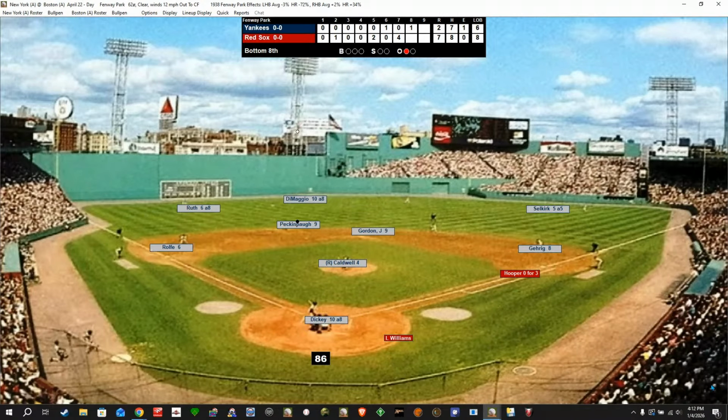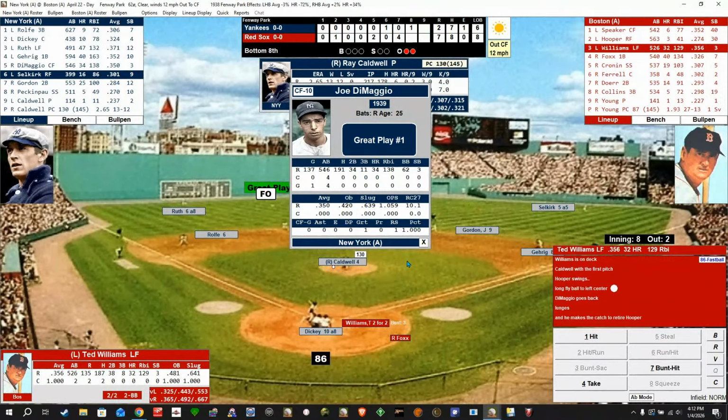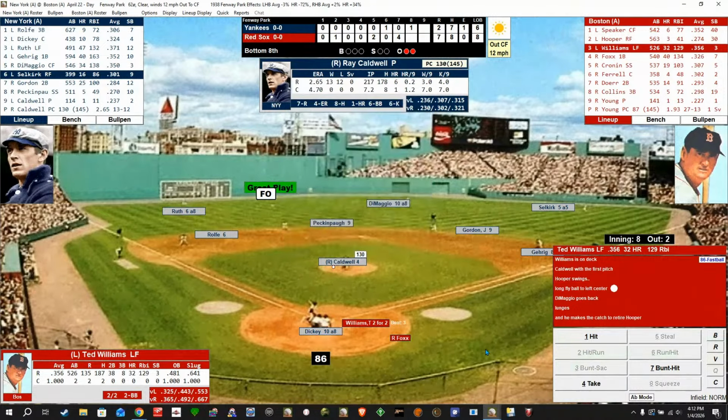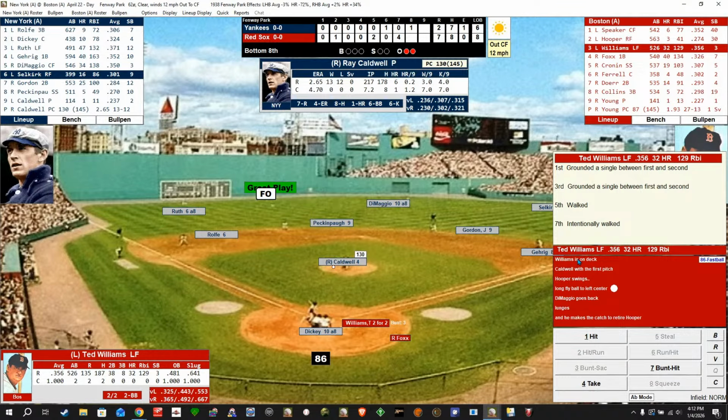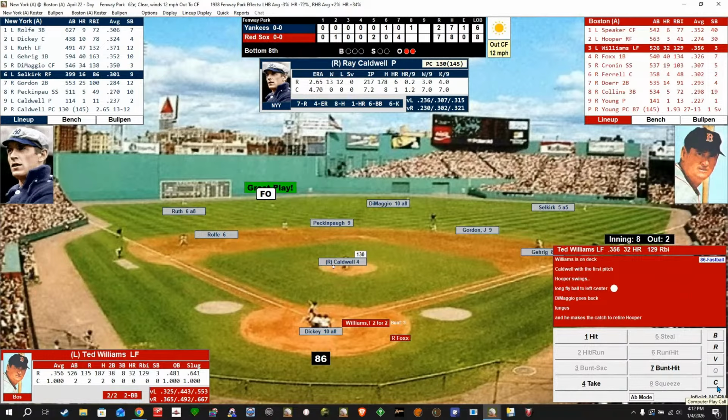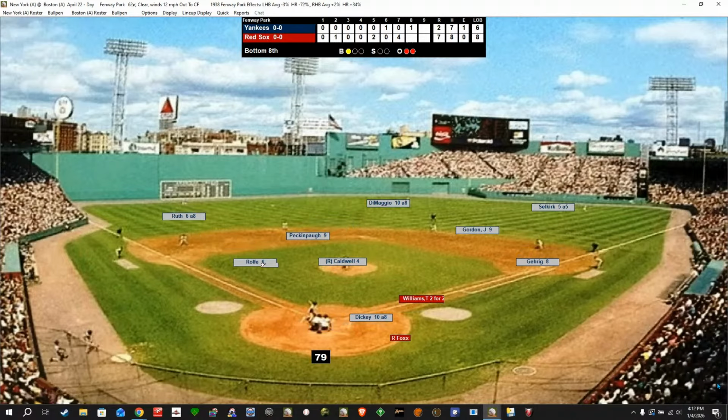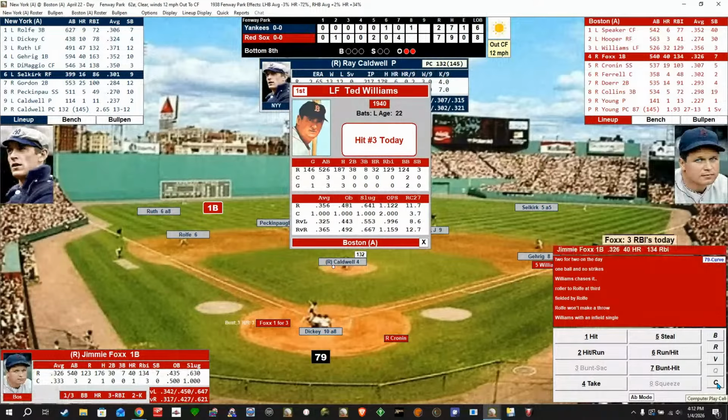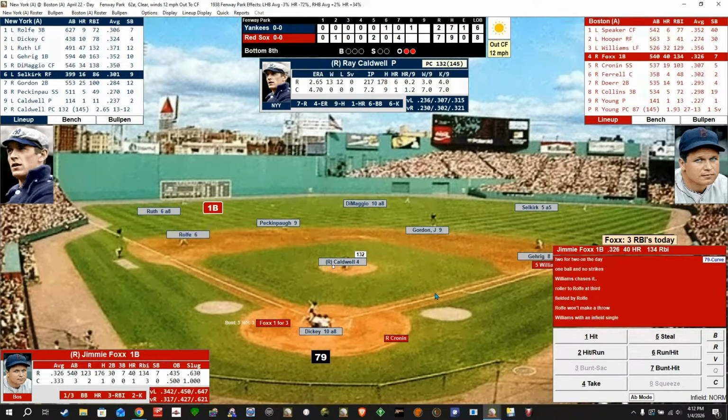Hooper clubs this one to center field, and DiMaggio leaps, bang against the wall. Great play. Hooper gave it a ride. Excellent play there by Joltin' Joe. All right, Ted Williams, what a day is he having? So 2 for 2, walked and intentionally walked. Caldwell deals. Williams swings. Little chopper to third, and Red Rolf decides to eat up the ball rather than try to throw out Williams. So getting caught up in the grass there, and Rolf looked like he had a little misstep there. So Williams is aboard, and the last time Williams was aboard,